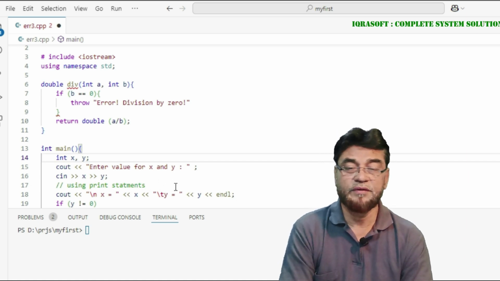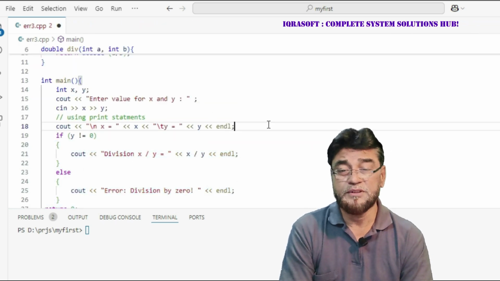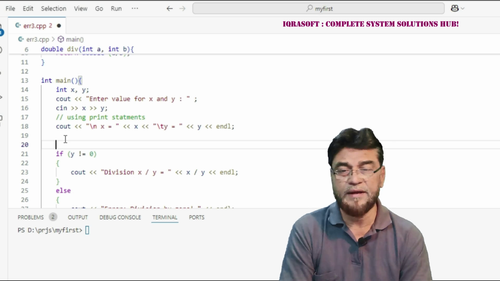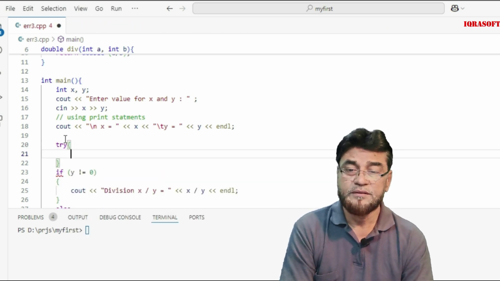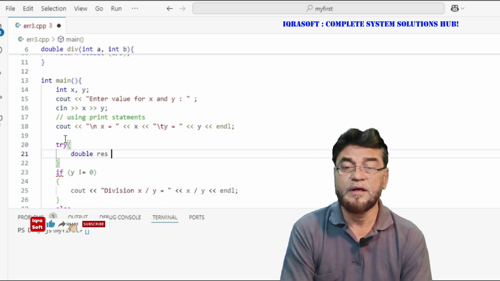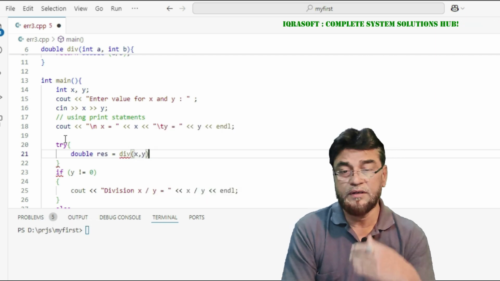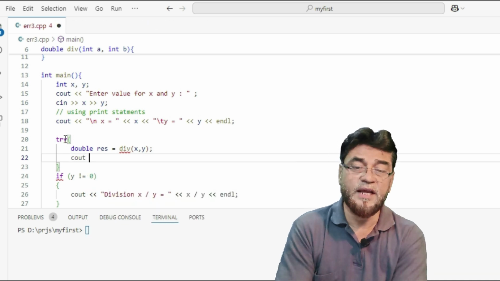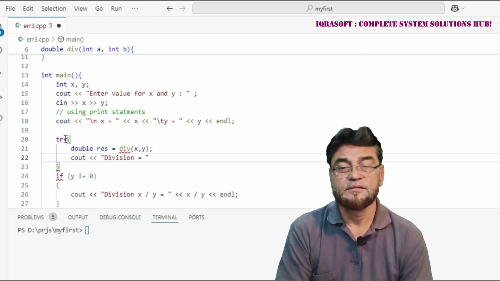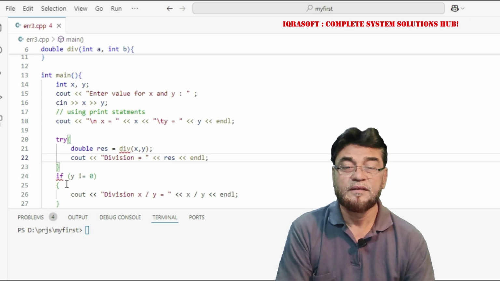In the main function, what we have to change here: simply delete this portion, or write down here integer x, y, accept the value of x, y, display the value of x, y, then try { double res = division function, which we have defined before, division(x, y); cout << "Division = " << res << endl;